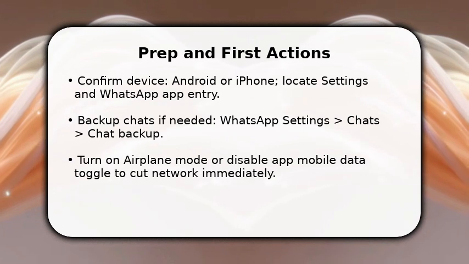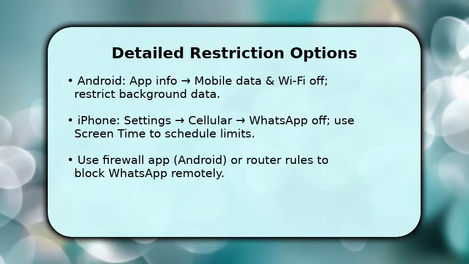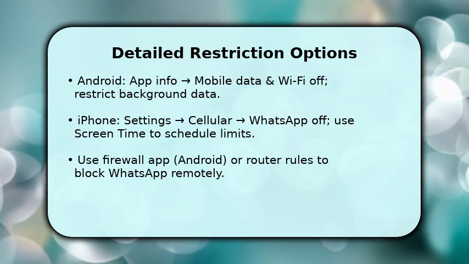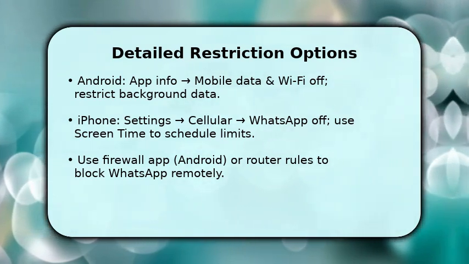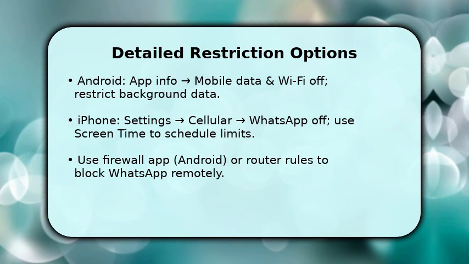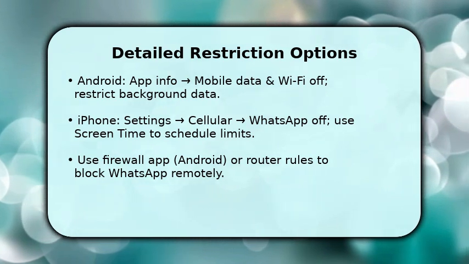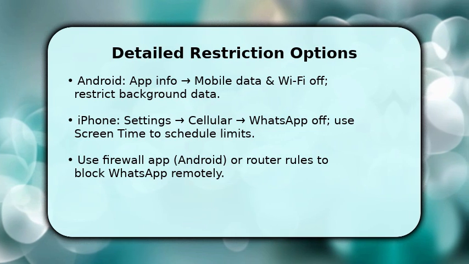Next, apply a lasting restriction tailored to your needs. On Android, open App Info for WhatsApp and turn off mobile data and Wi-Fi, then restrict background data. This prevents reconnects. On iPhone, disable cellular for WhatsApp, and if needed, create a Screen Time app limit to block